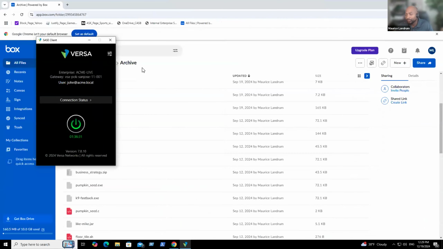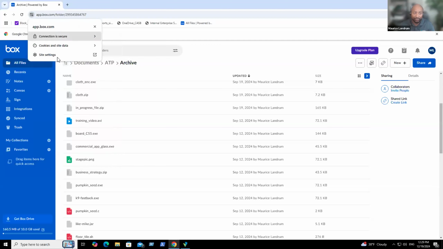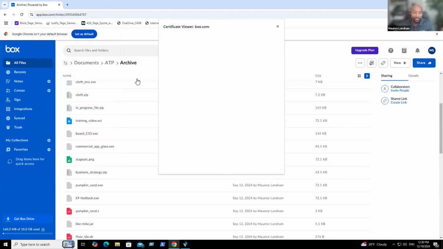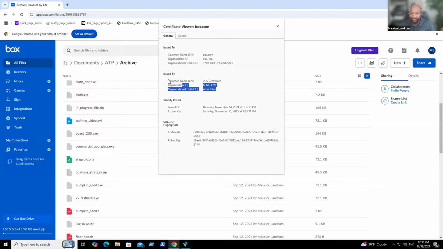So I have a client machine sitting on Windows. This client has been connected for about an hour or so, and he's connected to the San Jose gateway. The first check is because, look, we must do the break and inspect, right? We need to be able to extract the information directly out of that file in order to determine whether it's malicious or not. And so here we have a CA that has been issued by VOS certificate.